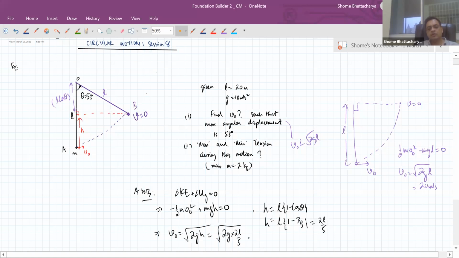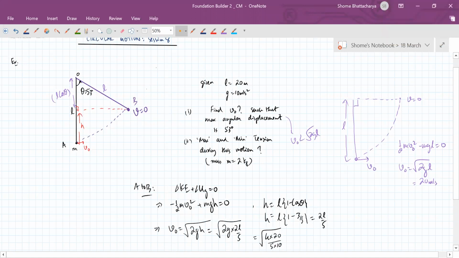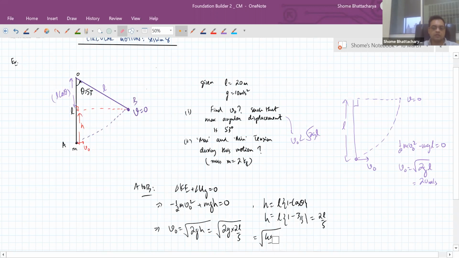2L by 5. So now we can substitute the numerical values and we get square root of 4 into L, which is 20 meters, divided by 5 into G, which is 10 meters per second square. Oh, sorry, 10 is in the numerator, by mistake. Yeah, so it is square root of 4 by 5 into GL, so that is 10 into 20. So this is what I'm getting. I'm getting square root of